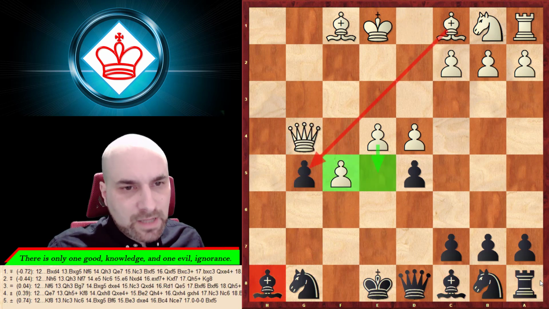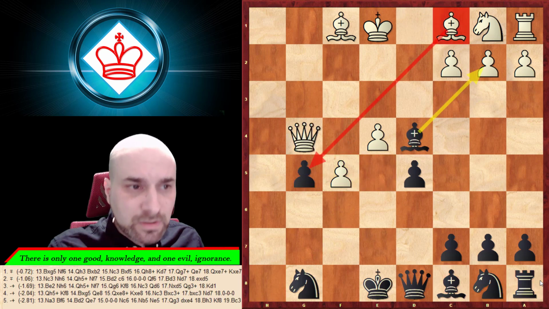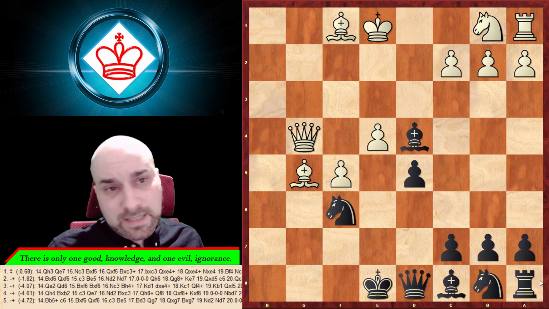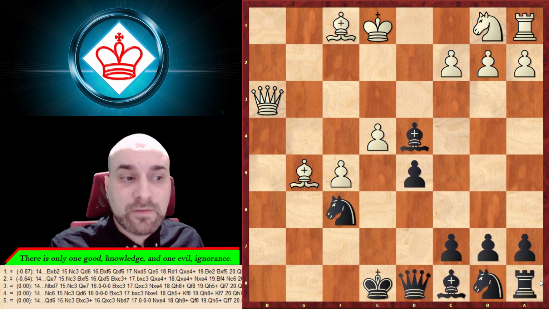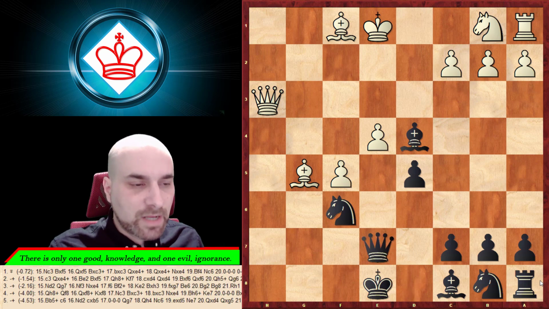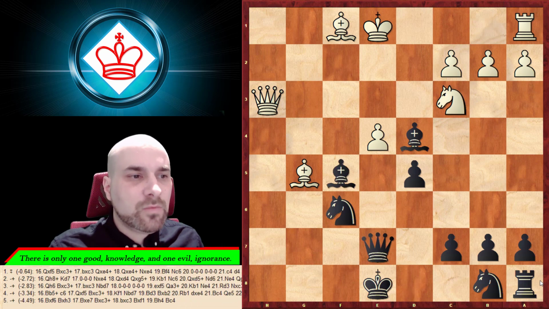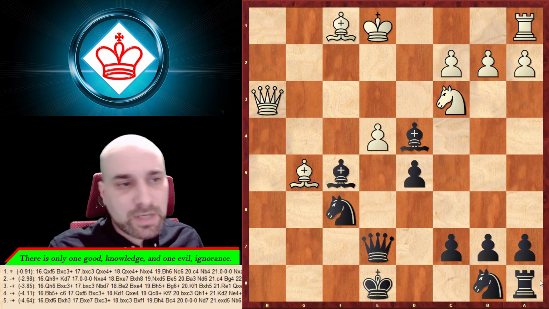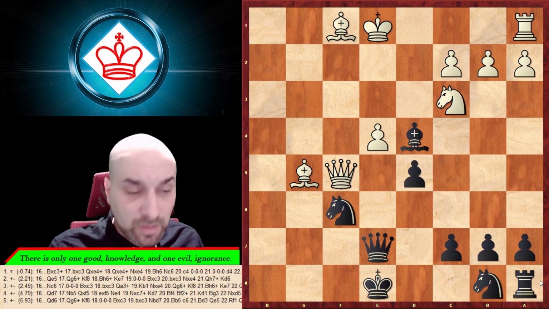So here, after that, please remember to take on d4. This is very important. He can take here, knight there, and he has some options. One of them is this one, try to give a check on h8, so we can play queen here, and after that one we can capture that pawn. Another very nice move. Capturing there, he cannot take with the pawn, he can take with the queen, and now